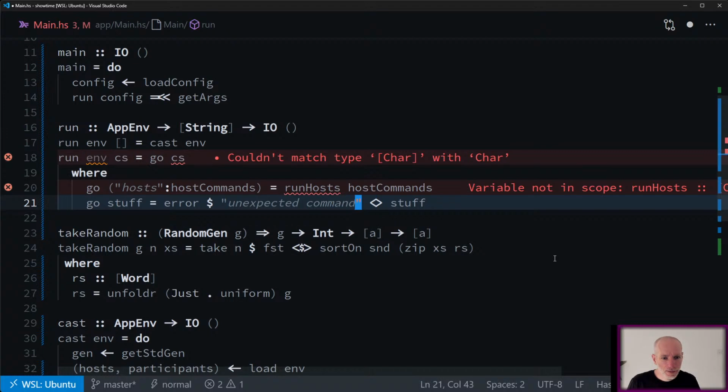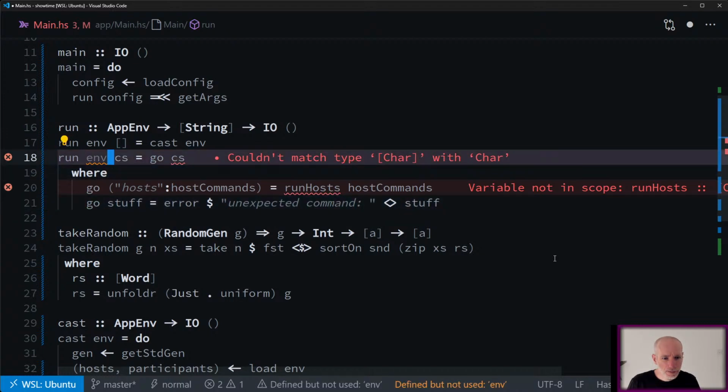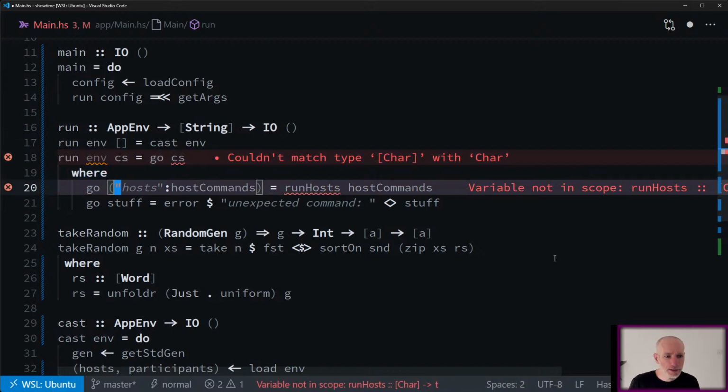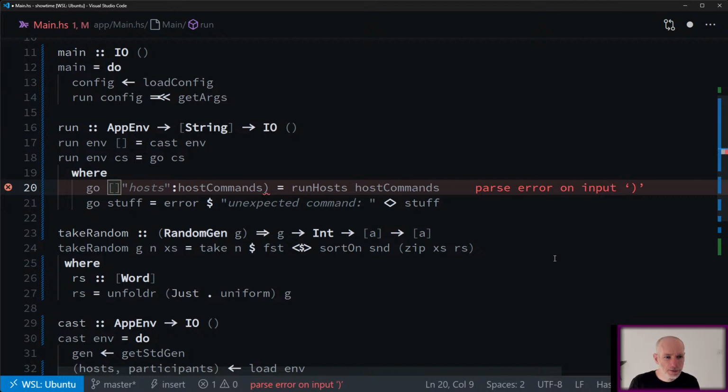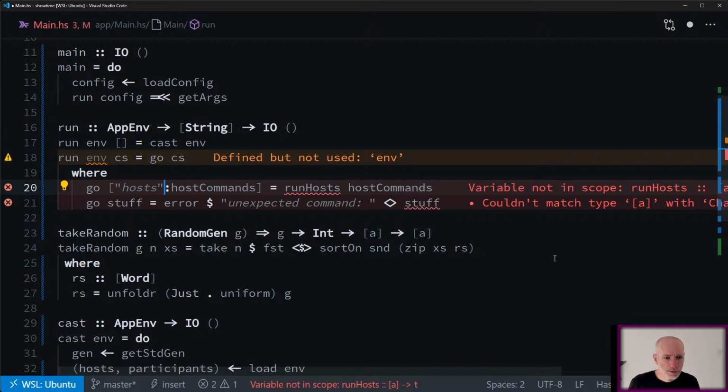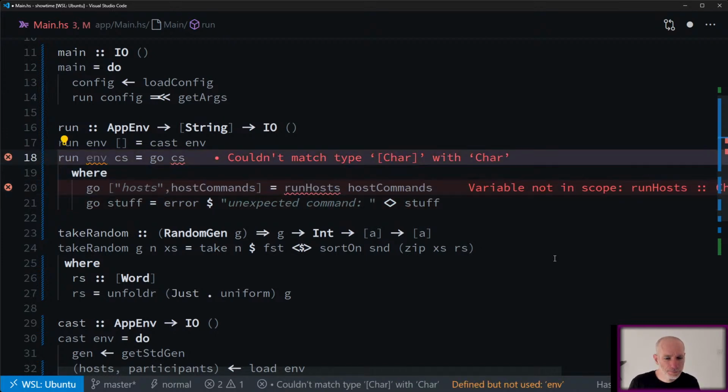Okay. A list of strings. So I shouldn't match it as characters, I don't think. I match it like that. I cannot.